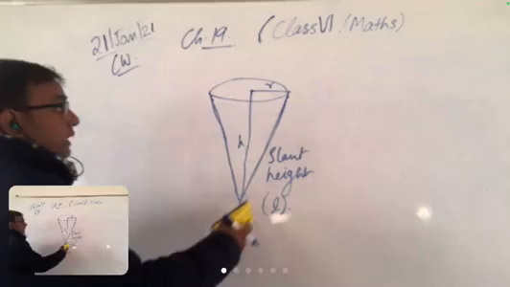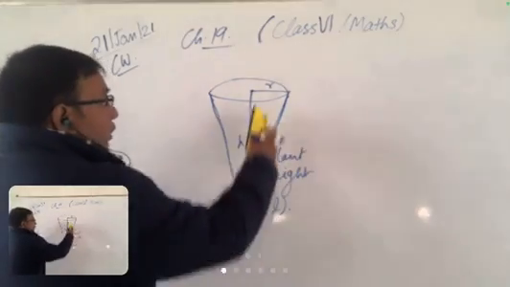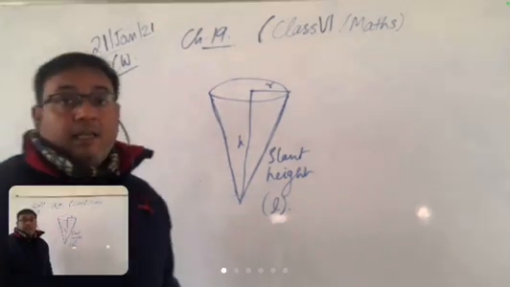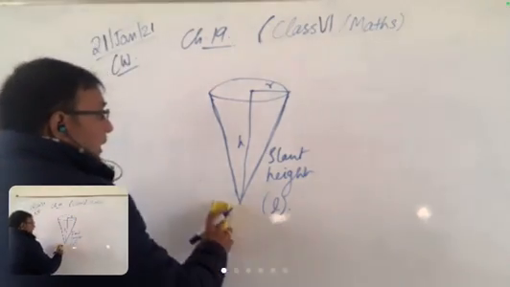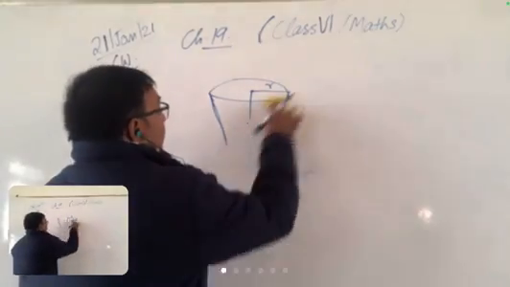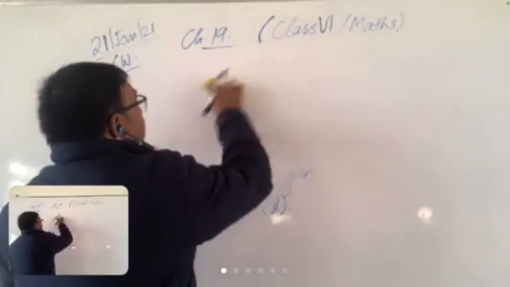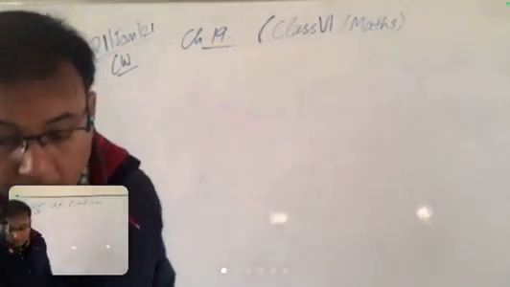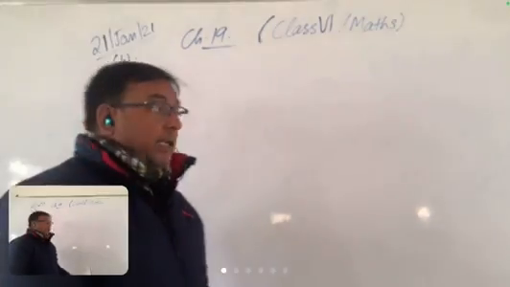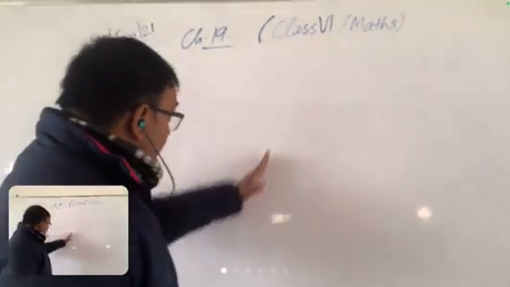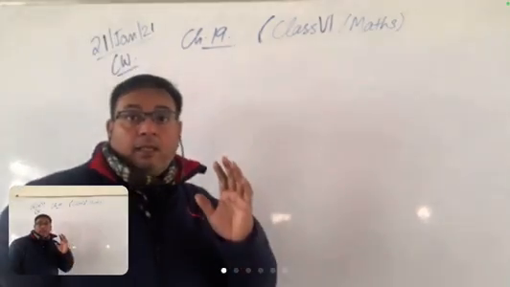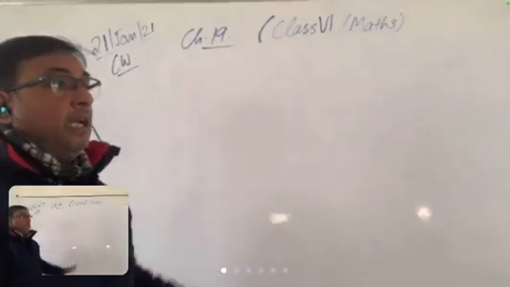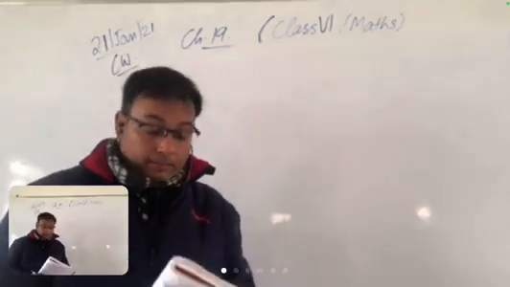Everyone can draw it, and whatever the radius, height, slant height, you will all be able to understand in higher classes what we call what. Where is the radius, where is the height, what is the slant height. Slant height is basically the hypotenuse of a right angle triangle. So in this cone, the hypotenuse is known as the tilted one. Slant means the slanting height, and that is represented by the letter L.